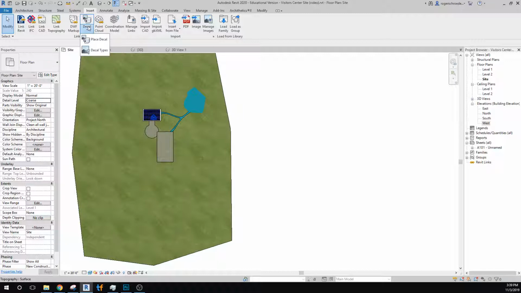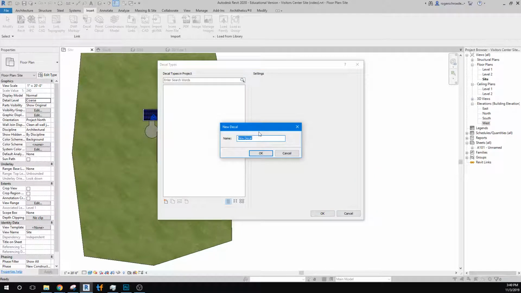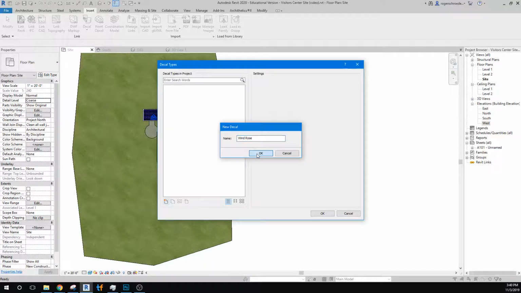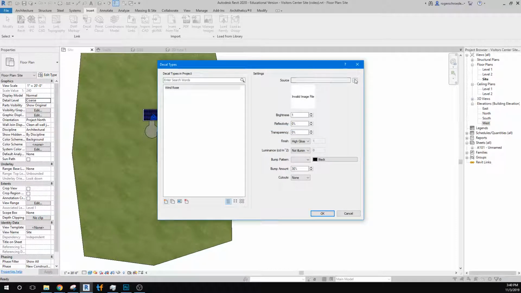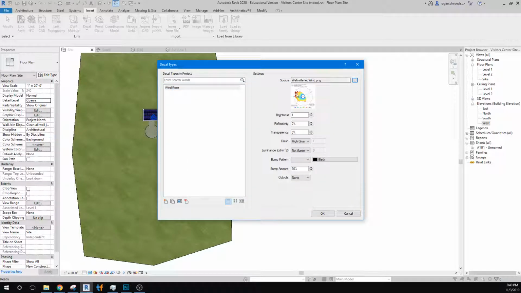Decal, go to decal types, and I want to add a new decal. I'll call it windrows. And we have to go out and find that. And that's mine, so I'll open that up. There's my windrows,